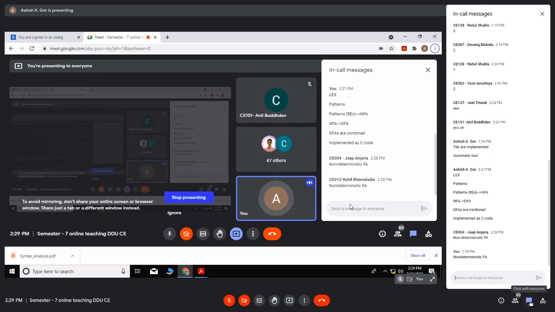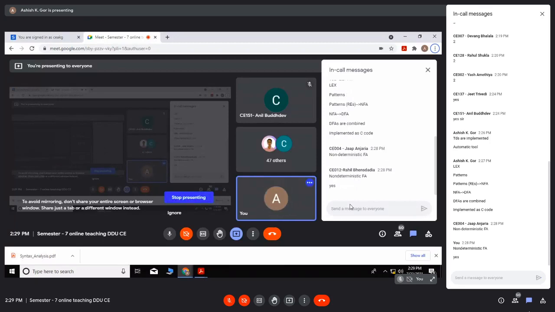So NFA to DFA, do you know which algorithm is used to convert NFA to DFA? You must have learned this algorithm. I just want the name of that algorithm. Using the subset construction method. Yes. Okay.